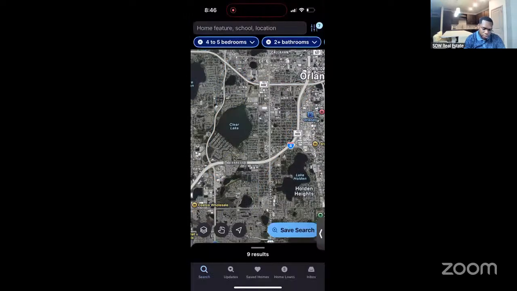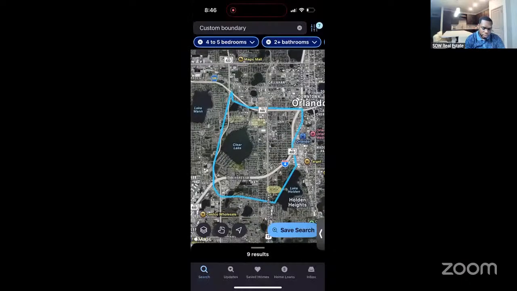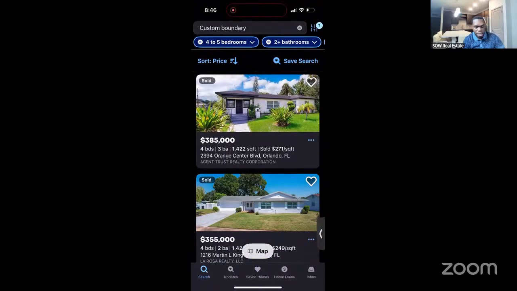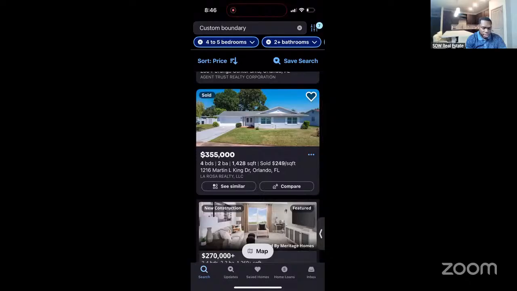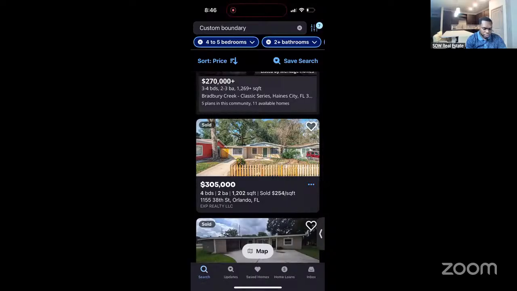Oops, 1 second. I gotta redraw this. But there's one other thing I want to look at though before I commit to that. I'm going to do the same thing again, except this time I'm going to do it with all of the top renovated homes. So we've got one here for 271, the top three, 249, and 254. That gives me 774. Divide that by 3. I end up with 258. Okay, 258. I'm going to take 258 and multiply it by 950. Okay, I ended up with